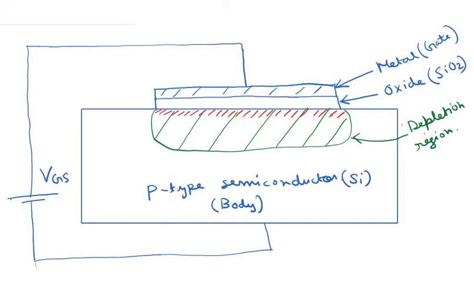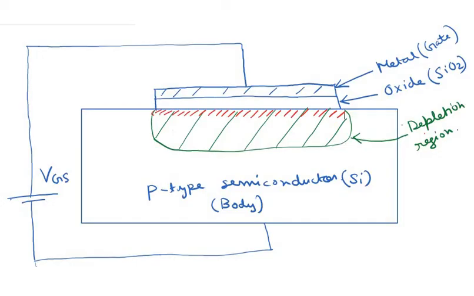But now what will happen is that if I further keep on increasing the electric field, electrons would be attracted at the surface, and these electrons actually do not come and sit in any ions, or basically quench any holes because there are no holes at the surface. These electrons basically form a very thin layer of mobile electrons, and they are more like free electrons. These electrons do not belong to any particular atom or to any particular ion.